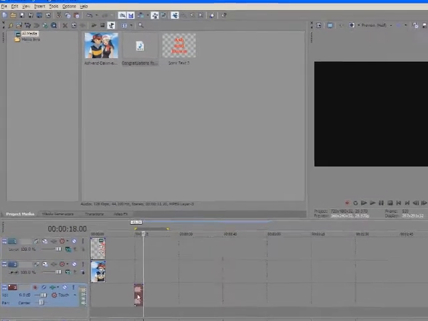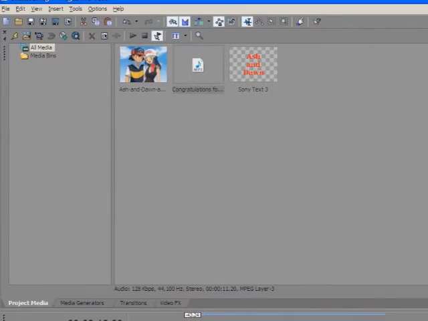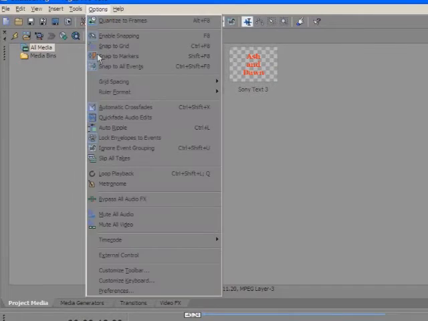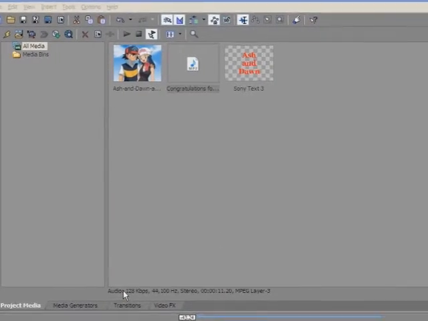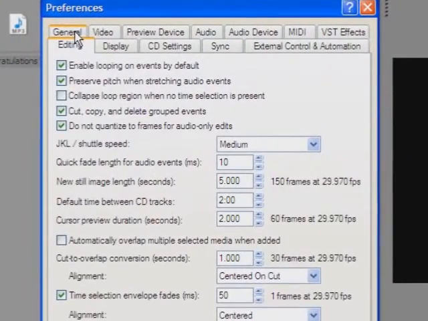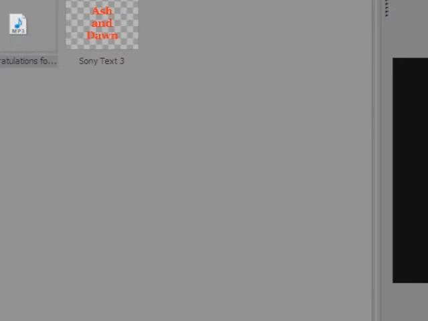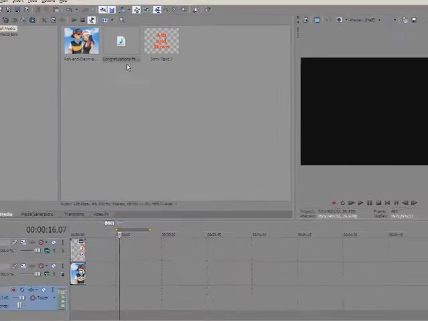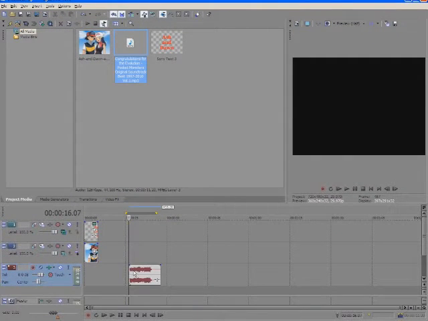Now to remove that pitch preserve, you go up here to Options and then Preferences. Then under the Editing tab, uncheck this here, Preserve Pitch when stretching audio events. Apply. OK. Remove the clip again and put it back. Now when you stretch it,